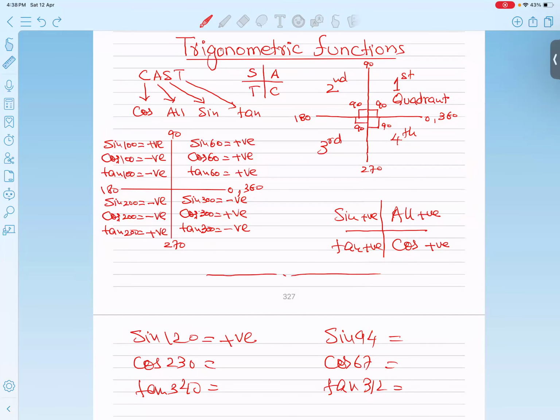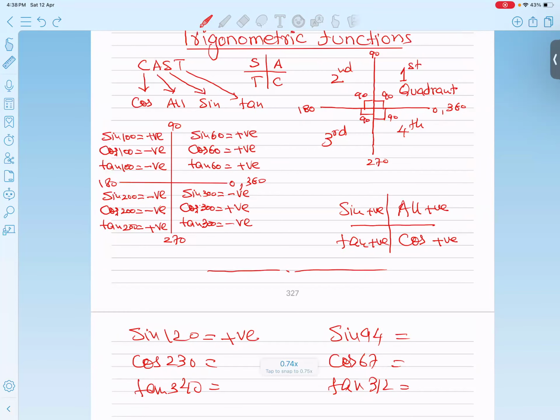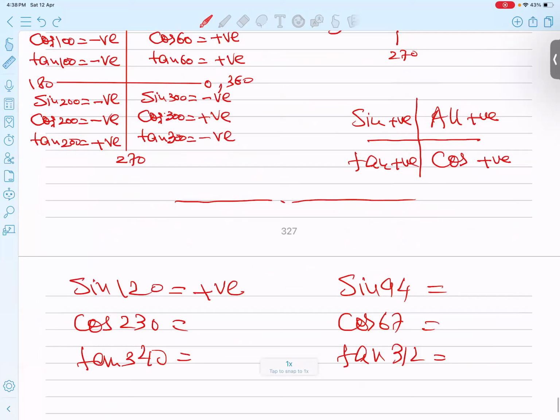Yes, students, I hope so. You have taken a good time, and the best technique is to always answer in your notebook. CAST: you must write C for cos, A for all, S for sine, and T for tan. Now you ask yourself: